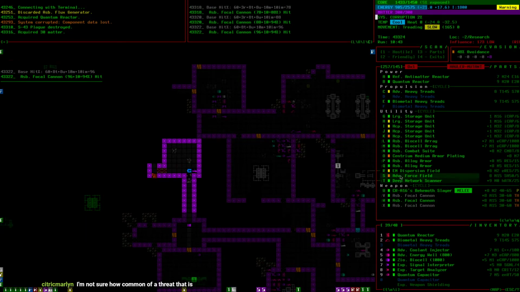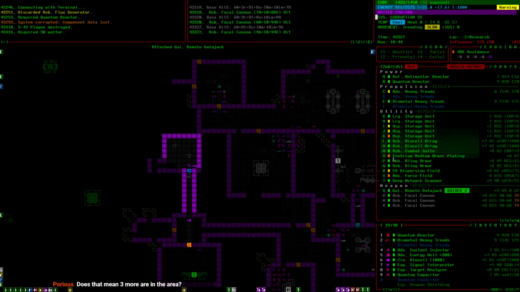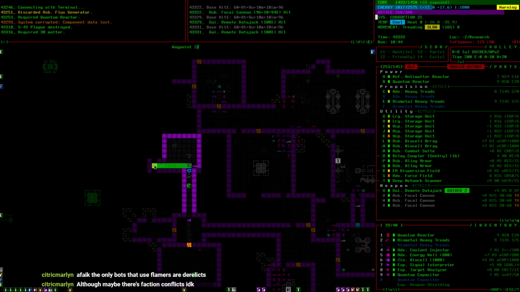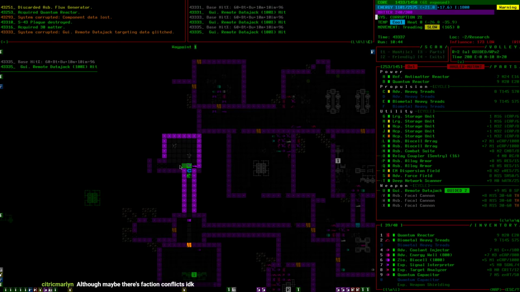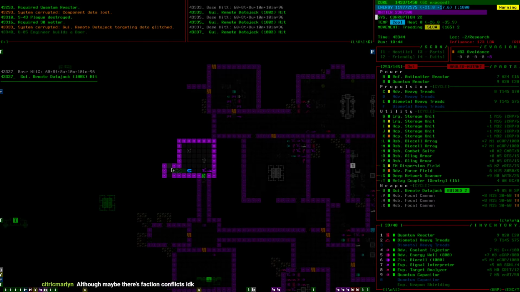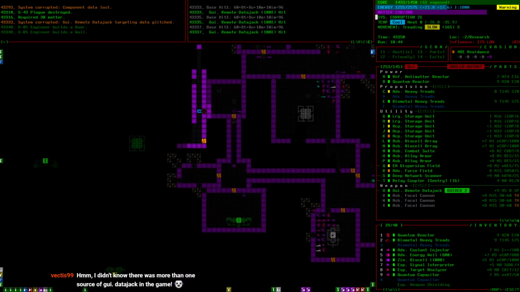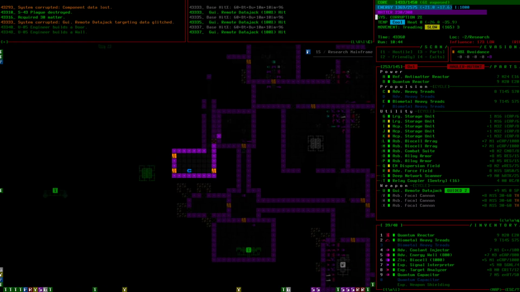Sweet, we found a door. And we can use a sentry coupler. Check out this guided remote data jack trick. Oh, it didn't work. Get that sentry. Where the heck did he go? Why is he running the other way? He saw me. I'm so confused. Okay, well...